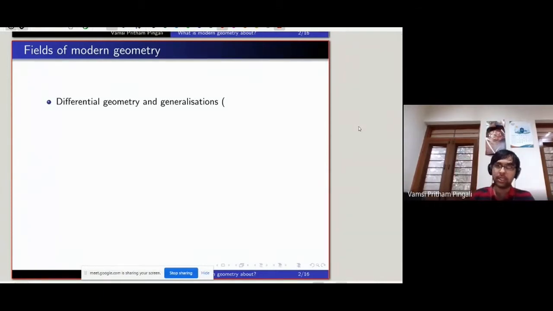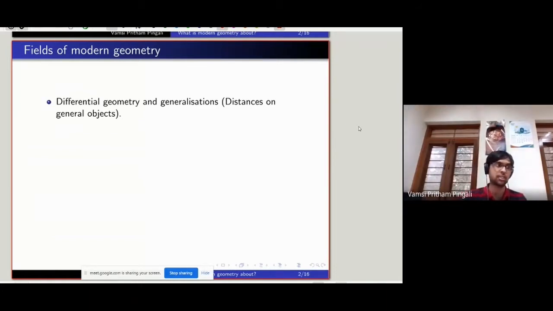All right, so what are fields of modern geometry that people do research in? One field, at least the one that I work on, is differential geometry and its generalizations. As the name itself suggests, differential reminds us of calculus, differential calculus. So clearly, calculus and geometry intermingle in this subject. Basically, the subject of differential geometry deals with the study of distances and angles on